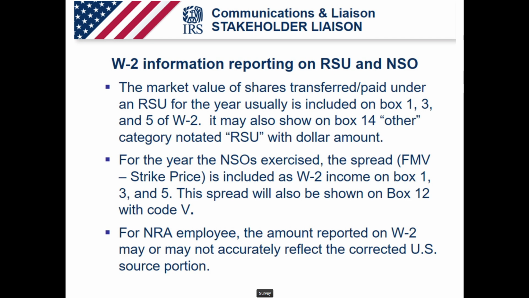Non-resident aliens may contact their employers to see if a corrected Form W-2 can be filed, or the non-resident aliens will be required to report the taxable proportion of the spread on their individual income tax returns and most likely attach a statement detailing why only a portion of the amount on the Form W-2 and not all of it